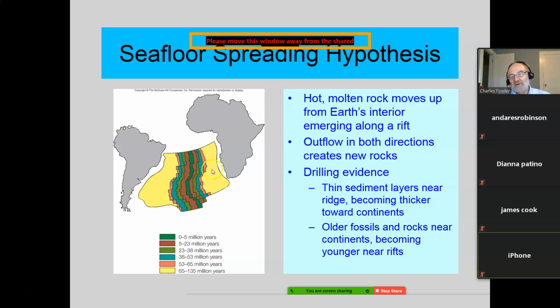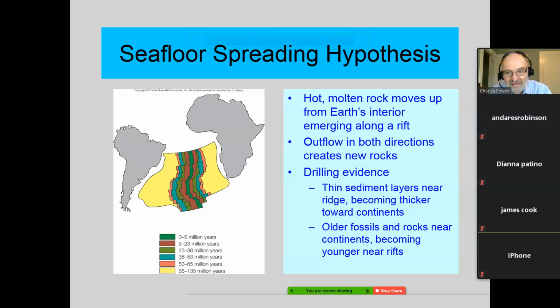Those fossils are 65 to 135 million years old, and that takes you right up to the continents. As you get closer to the continents, you have subduction of this oceanic plate underneath the continental plate. So all the stuff before that pretty much was lost, because it's gone back under and melted again. The older rock fossils are near the continents, and the younger ones are near the center, near the rifts. That indicates this is happening over time, spreading, getting deeper and deeper.